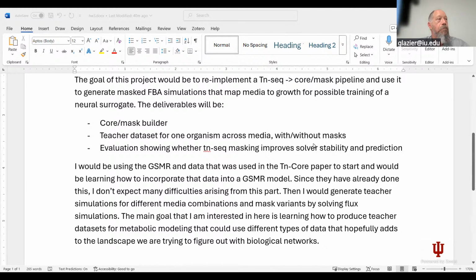generate some data set solving some flux analysis, and then go through that whole pipeline. I'm intrigued with the surrogate idea, and I still don't know what it looks like, but it's getting the starting point of that, like how to incorporate weird data to try and figure out a little bit more of how we map out the